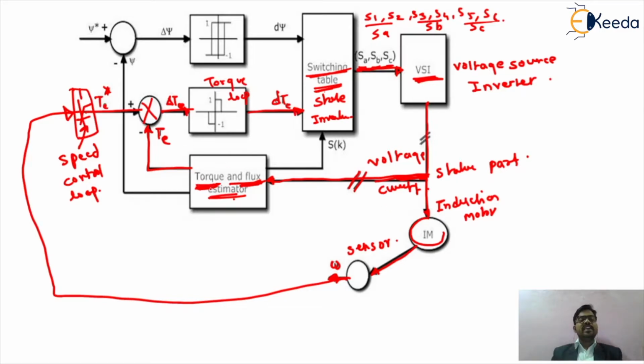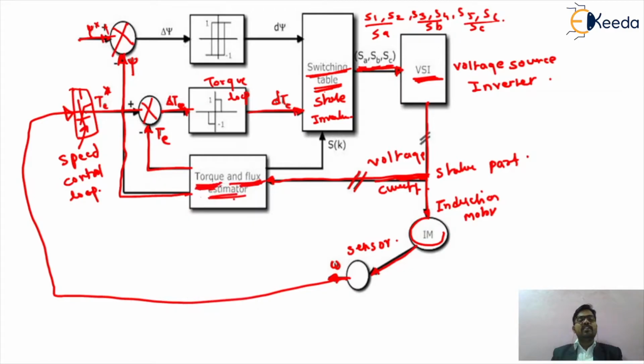So friends, again in the torque and flux estimator, we are giving the first input to your torque. Similarly, we are giving the second input, which will be called the flux, the flux density, that is psi. So this will be the reference value of your psi, that is magnetic flux density. This will be the summing point. So in that particular summing point, we are giving the reference value from your torque and flux estimator.